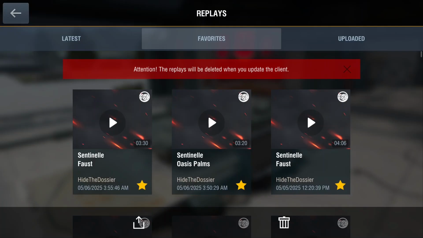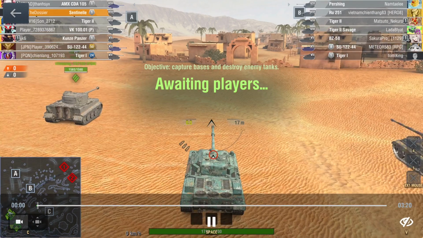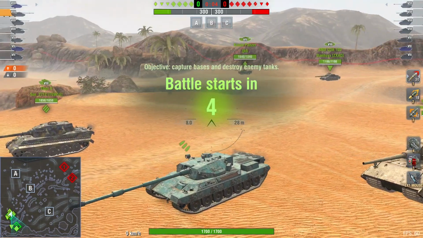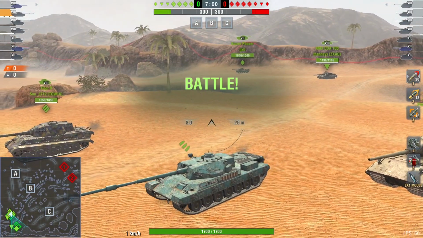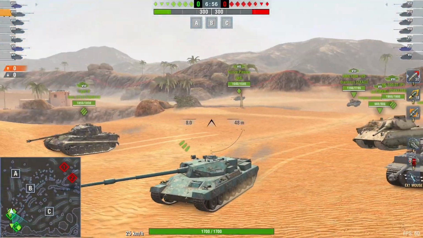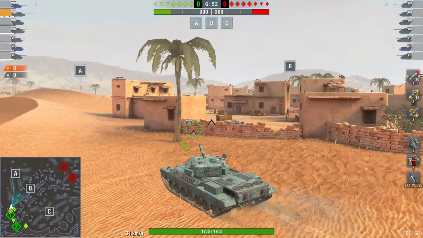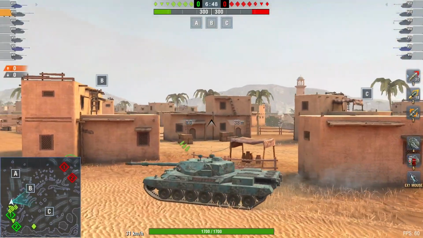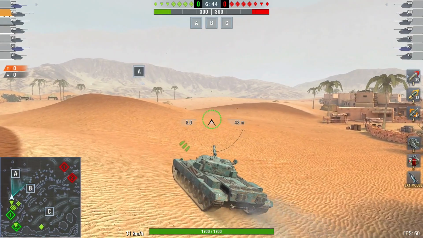So the next battle is going to be on Oasis Palms. This battle is going to be more of a brawl situation, rather than holding like the previous battle where I was using the tank's side armor to just hold that position behind the bush. But in this one I'm going to be going towards base A, as both of our teams are very heavy oriented and there's a lot of heavy tanks to be fighting, so most likely both teams will be going towards